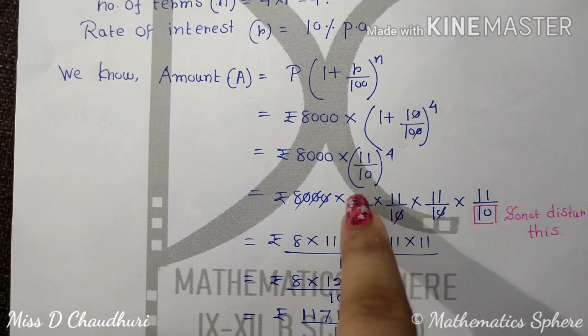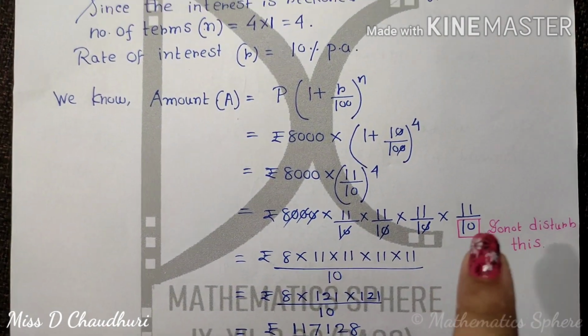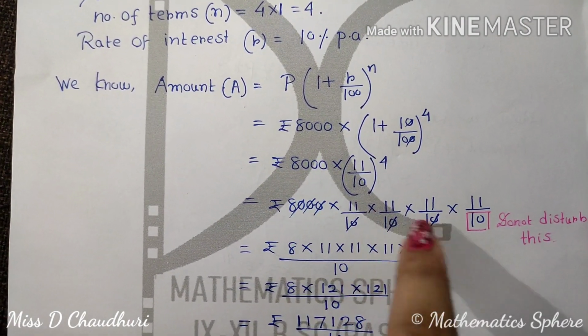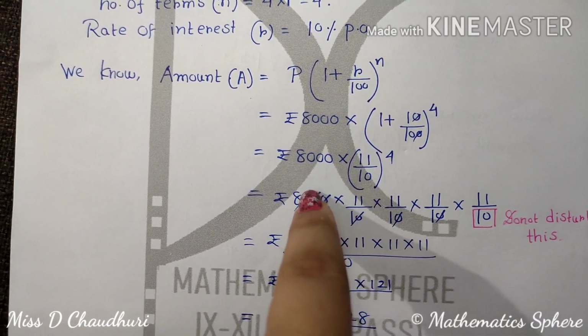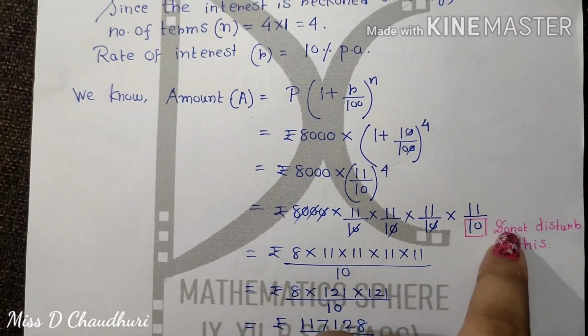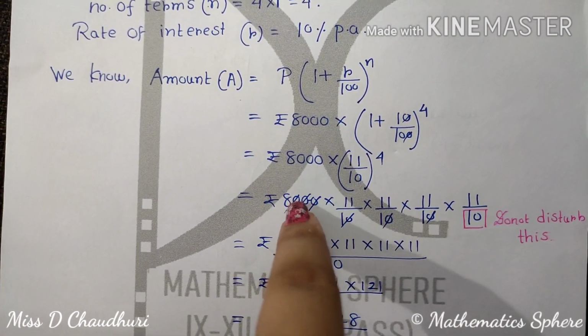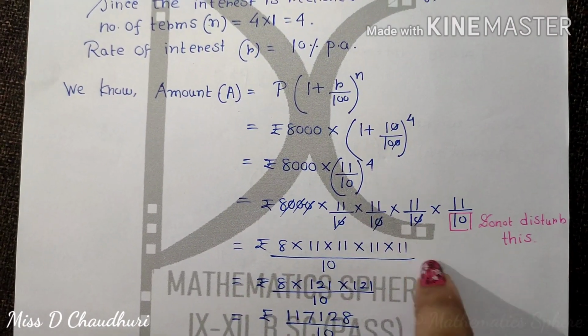Now I am expanding this one. So this is rupees 8,000 into 11. This one is coming. Now see, I can cut 3 zeros from here and 3 zeros from here. Now someone will feel that here it will be cut by 4. Here, if we cut by 2, here it will come 4. Here it will come 5.